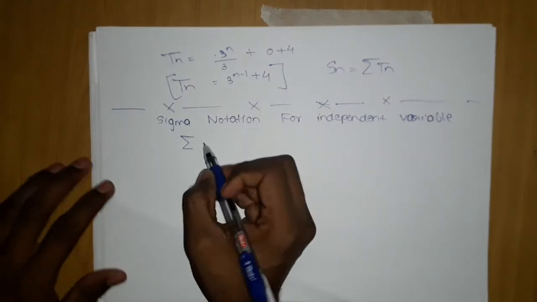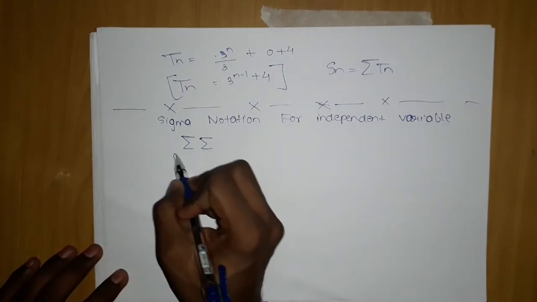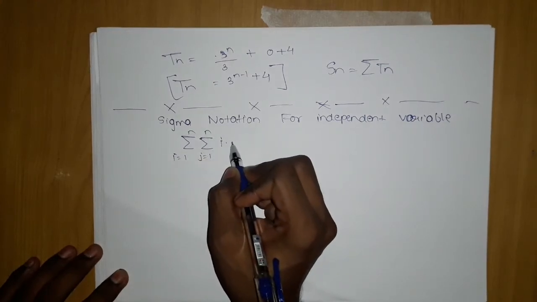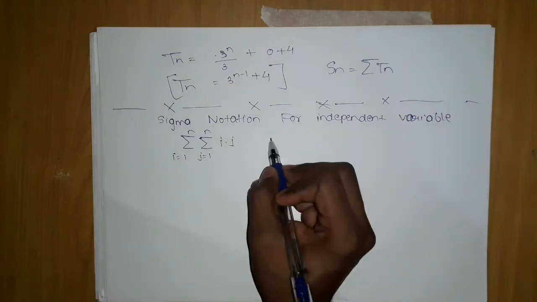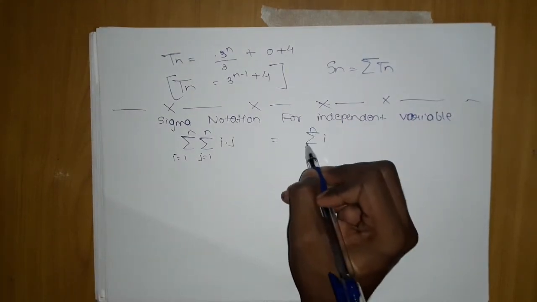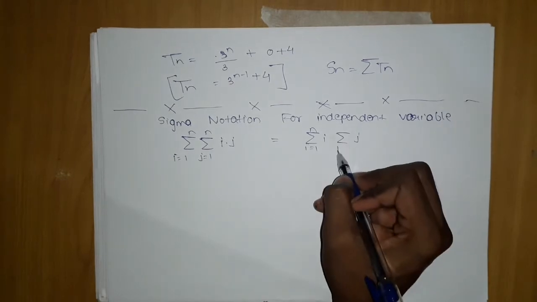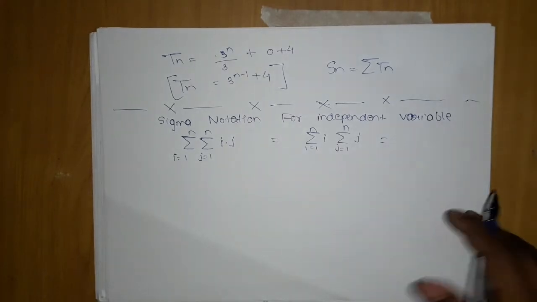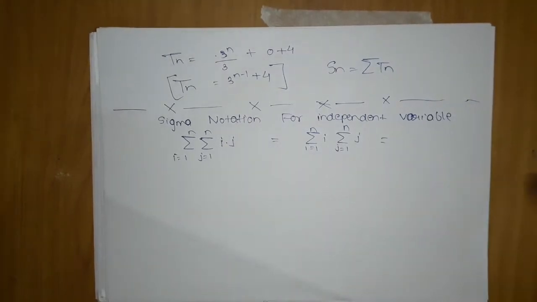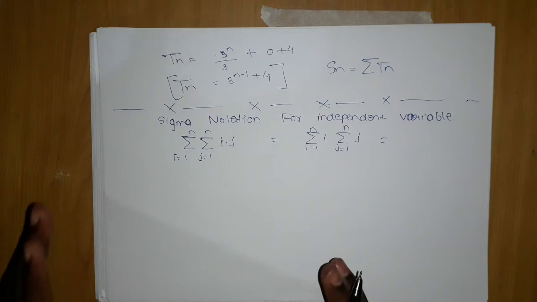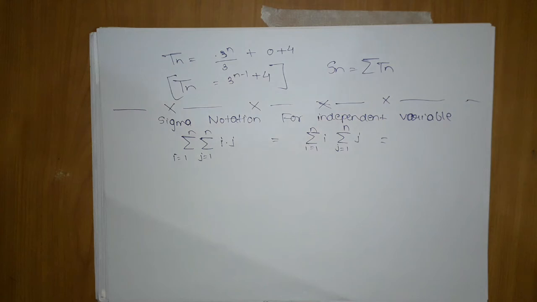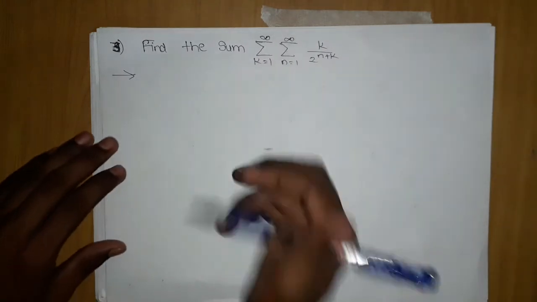If I give you some examples, like i equals 1, j equals 1 till n, here some i and j, then you can clearly solve this by using the properties. i will be here and j will be here, and you can solve them separately, no problem. Independent variable means that i and j are not dependent on any other, so you can solve them separately, all the properties you already know. So we are going to directly take some problem on this and then we will move on.